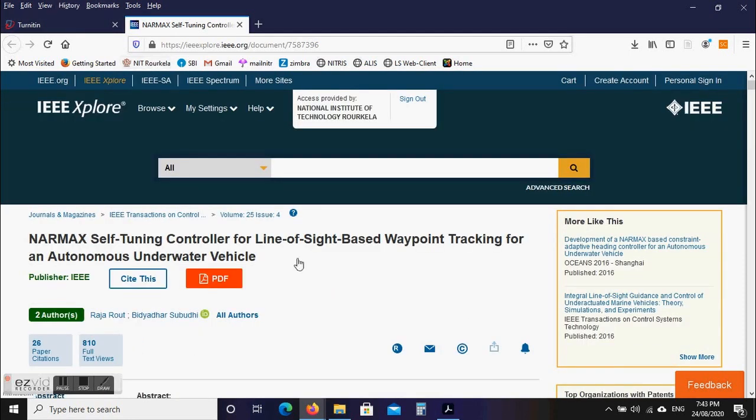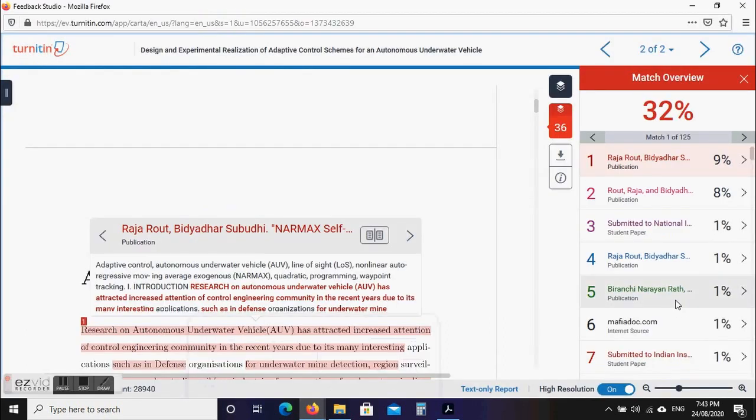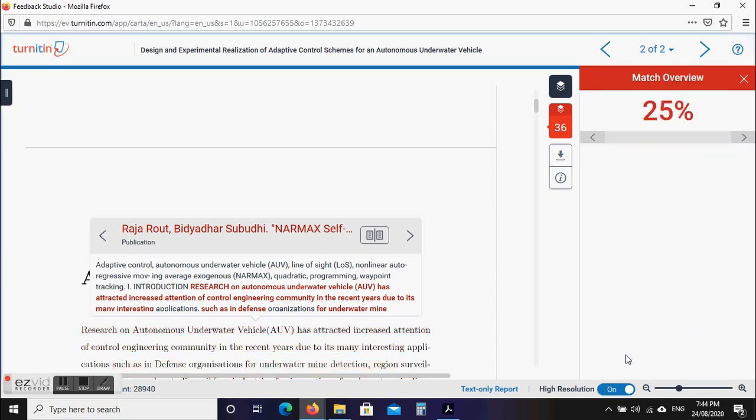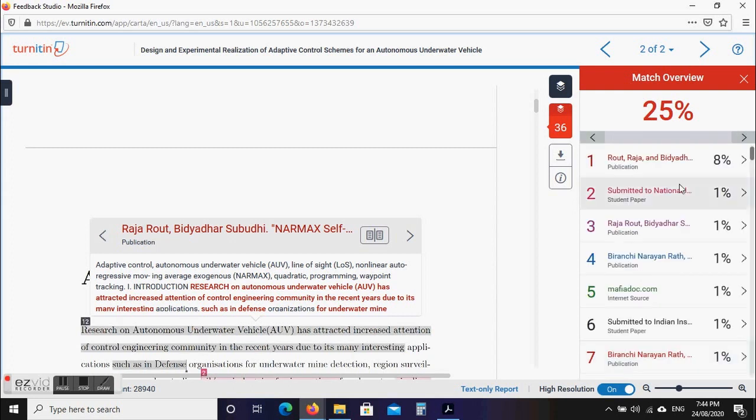So you can verify that yes, this is your original work and it is a part of your thesis. So you can ignore this and exclude it from the similarity report. Now it became 25%.